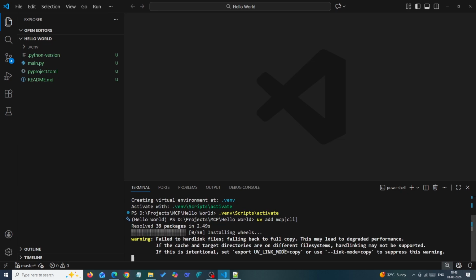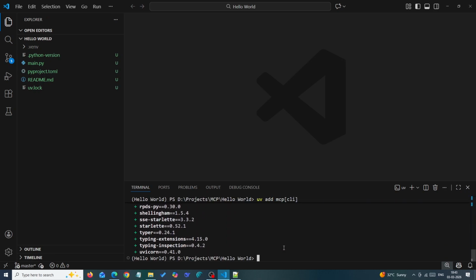This will install the required MCP packages to develop an MCP server and client. Currently, we are focusing on the MCP server, so we will use the MCP server packages only. So all the packages are installed. The environment is also set. So let's create one file,